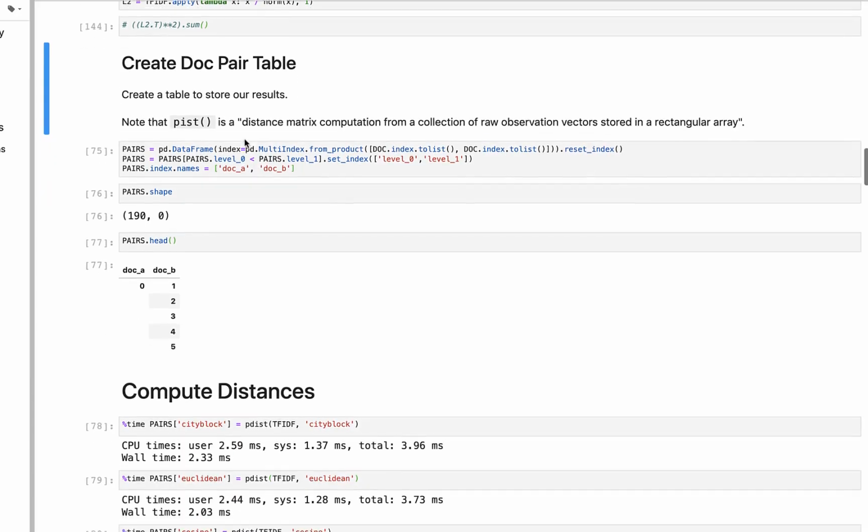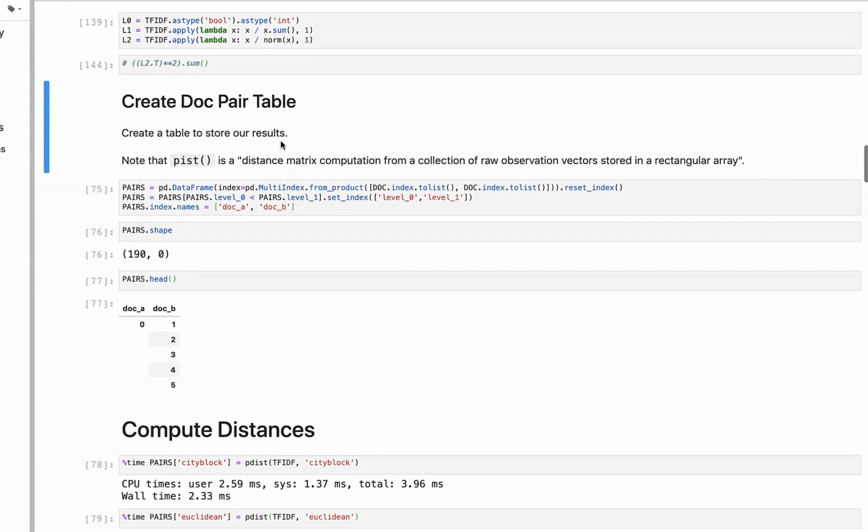All right, so now we're going to create a document pair table. This is a table that's the Cartesian product of all possible document vectors. Recall that we have a document term matrix, and on one axis we have all the document names, and each document name is associated with a vector. So what we want to do is take every vector and compare it to every other vector, and that's going to result in a single distance value. That results in a 3-column data structure: table A, table B, and their distance